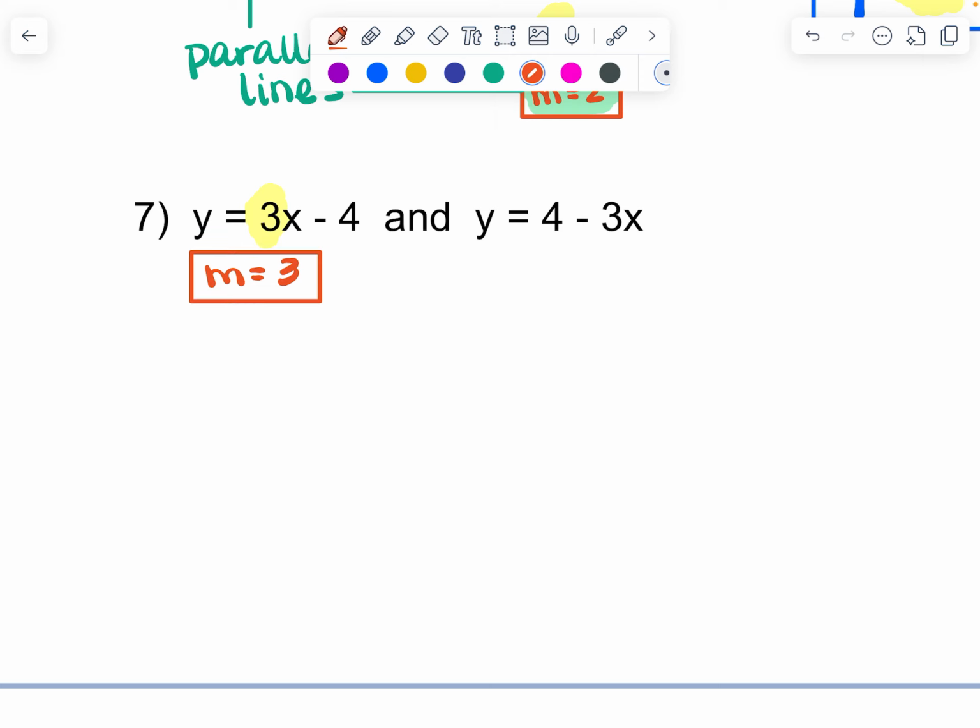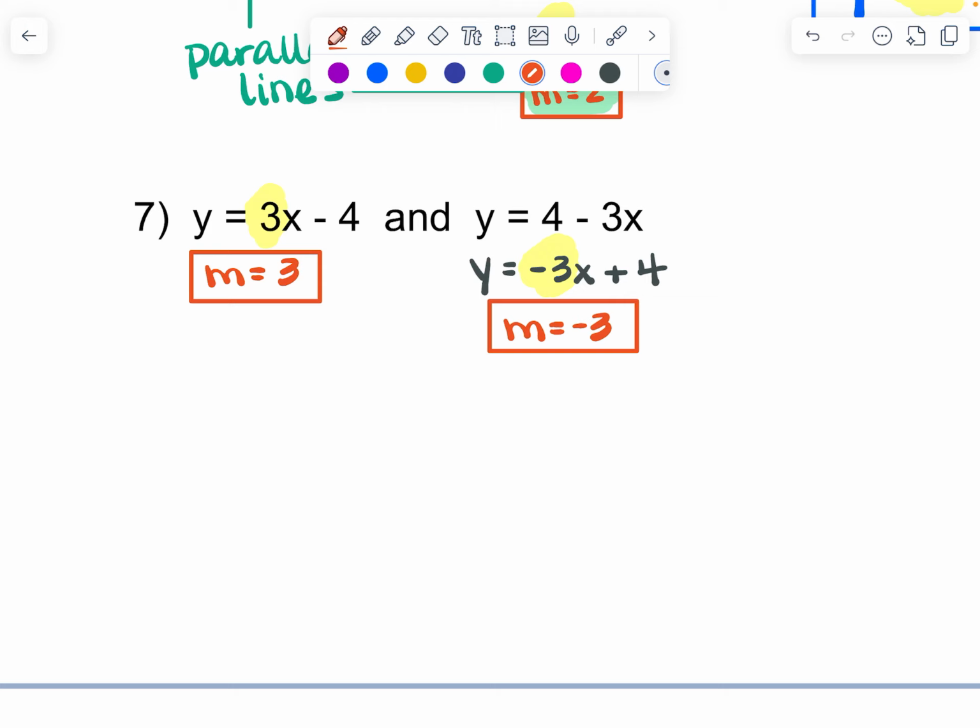The next one is y equals 4 minus 3x. Remember, this one is technically in y equals mx plus b form. They have just put the x term at the back, and then the positive 4 is technically my y-intercept, right? So he is in y equals mx plus b form. They just switched the term order, which is okay. So I can still recognize that my slope is -3,